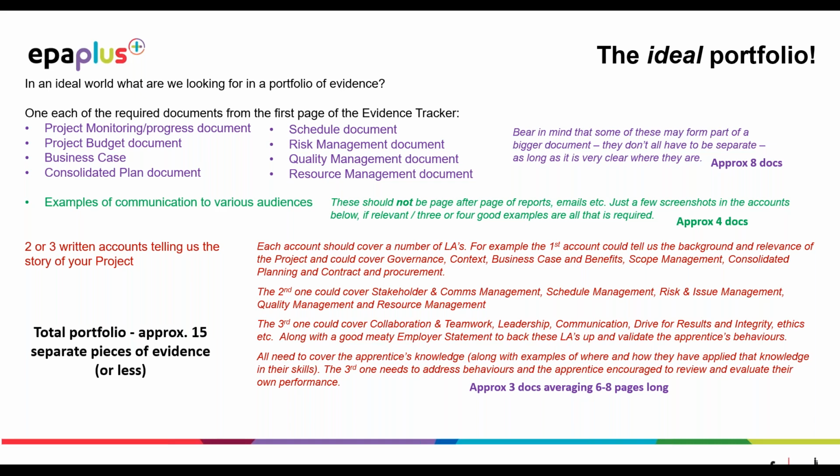So as you can see, this is why we say there is a maximum of 25 pieces of evidence, because obviously some apprentices will have more evidence and some will have less, but that in our opinion is an ideal portfolio. Okay,